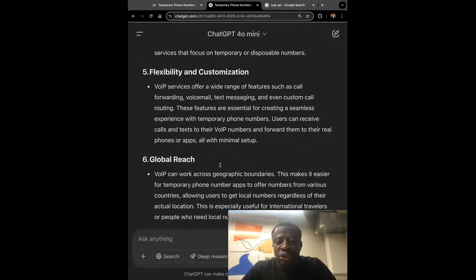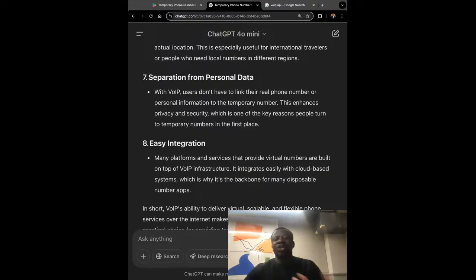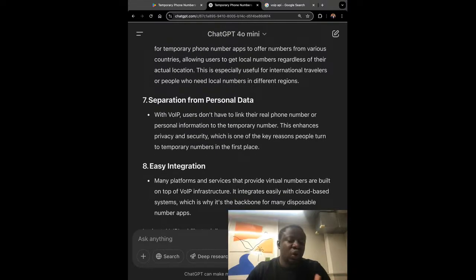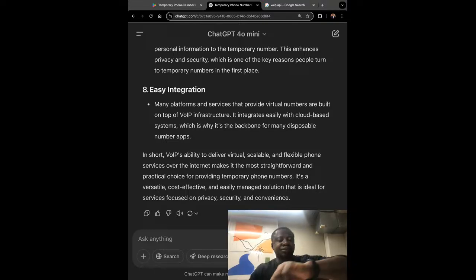VoIP is just a protocol for having a phone on the internet, really. I'm saying it in a very simple way, but that's what it is.